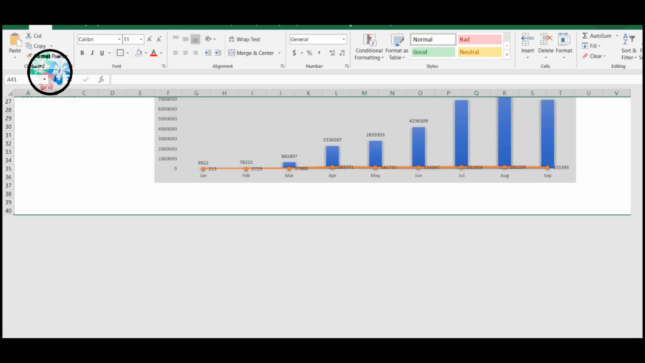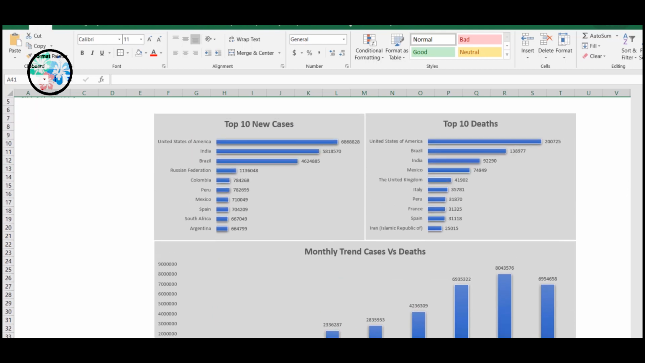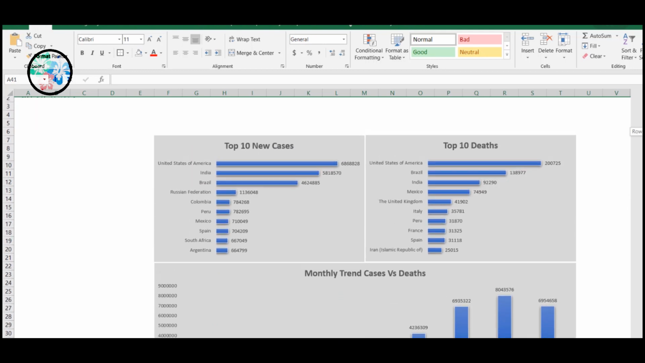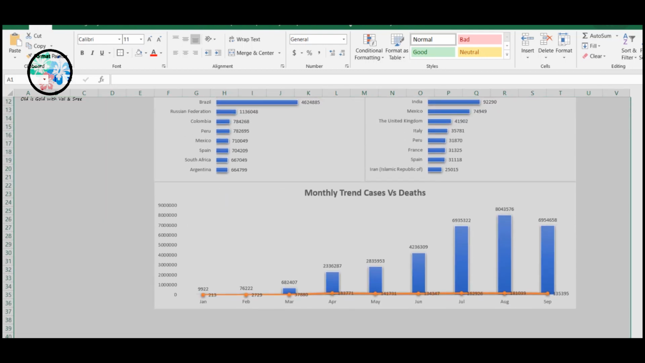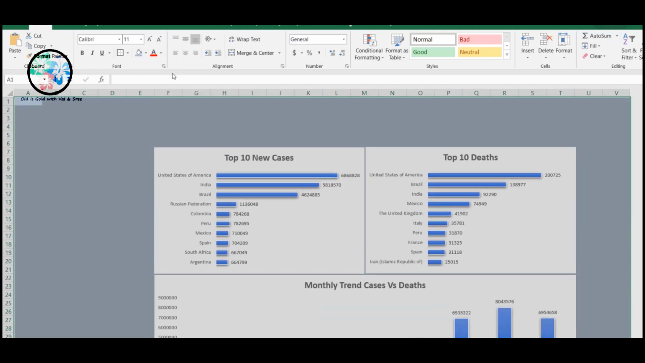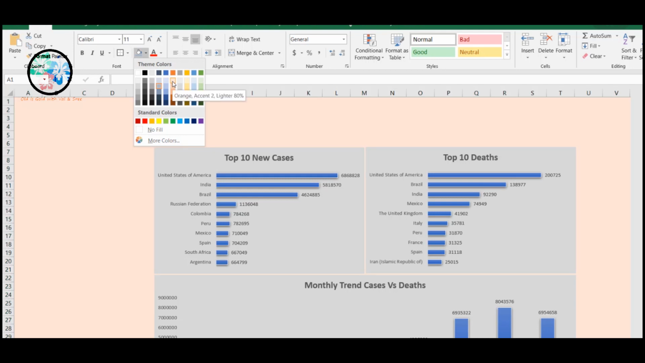This is just part of the formatting, and give some colors which we need actually. Just put some light color so that it will be visible. Yeah, so something like this we can give. Okay. Then the other main thing which we have to do is we have to create some slicers to